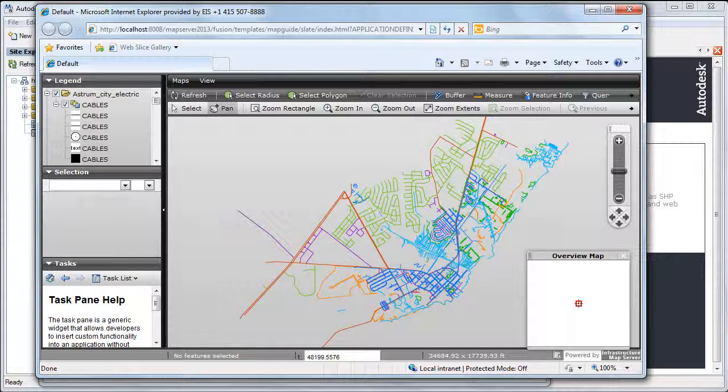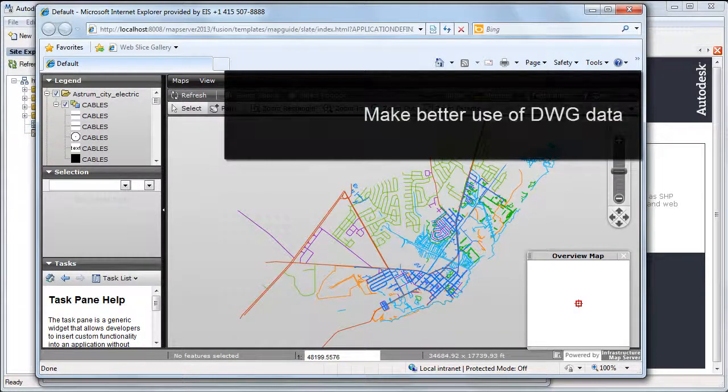And the publishing function is available in both AutoCAD Map 3D and Autodesk Infrastructure Studio with a consistent user interface, so you're able to specify which layer to publish, whether to publish any map object data, or whether to use filters to publish only certain pieces of the DWG. In fact, probably the only difference is that you'd use AutoCAD Map 3D to publish a single DWG, whereas if you wanted to publish multiple DWGs to a single map definition, you would use Infrastructure Studio. So this really does help you make better use of DWG data.